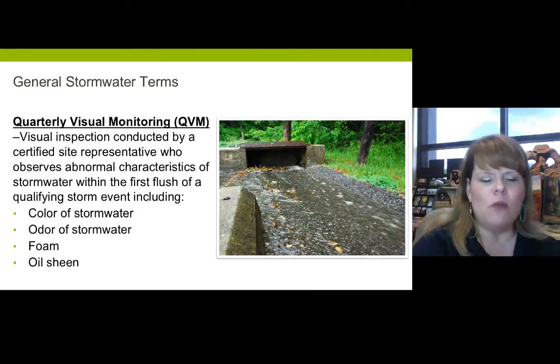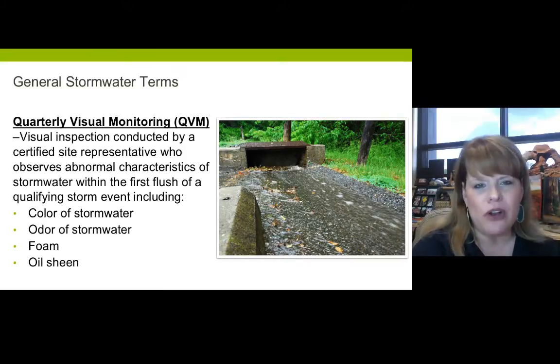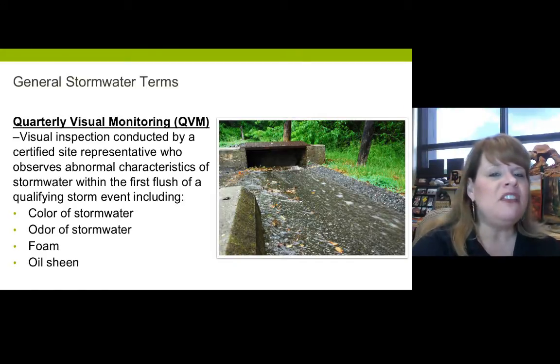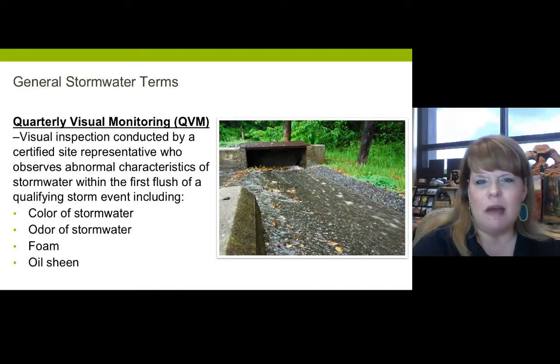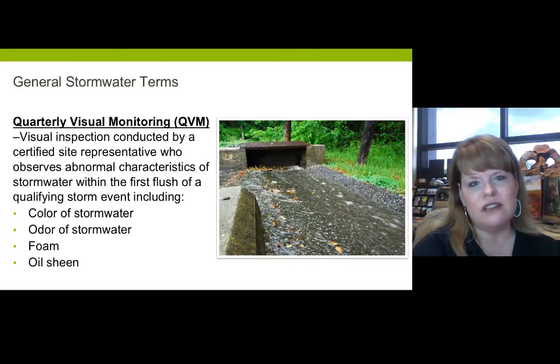So what is abnormal? Can be a variety of things, but a couple of examples. Maybe the water color is funny. Maybe it's neon white or neon green. That's not normal, right? Maybe it smells funny. Maybe there's foam that's really thick on top of it or an oil sheen. Could be a variety of different characteristics, and there's a state form, at least for Texas, that has a pre-done